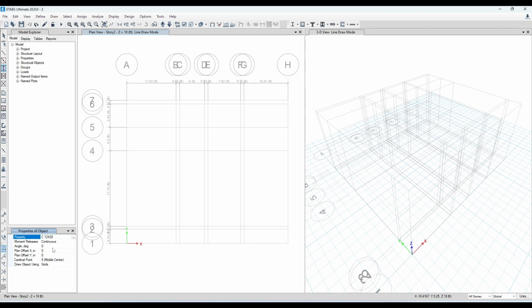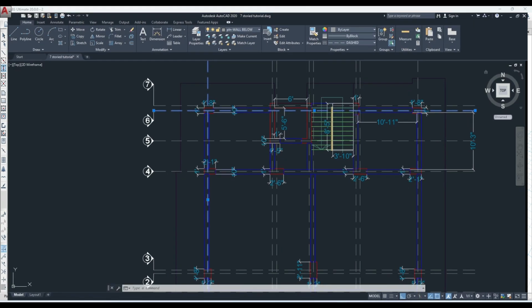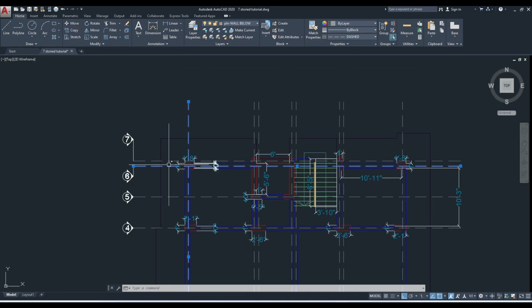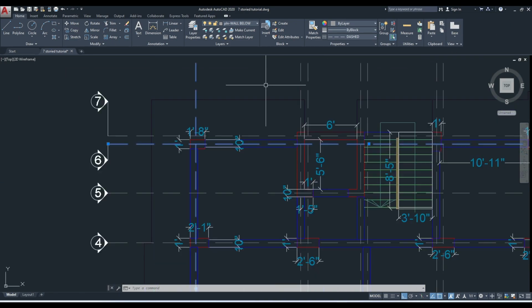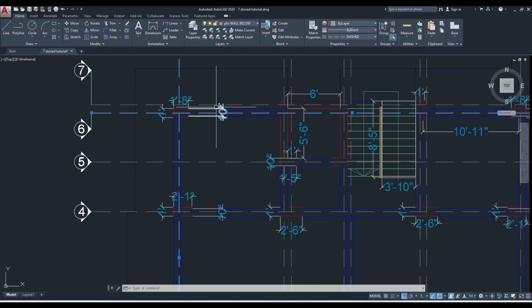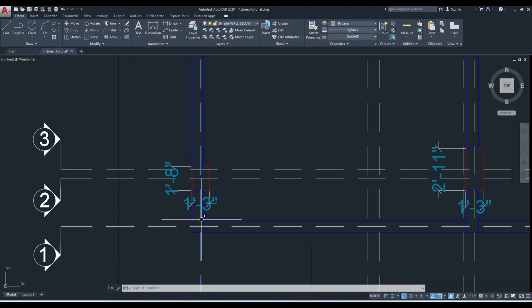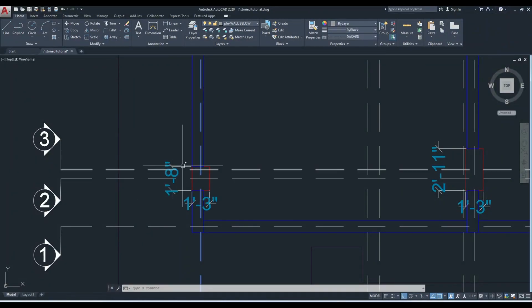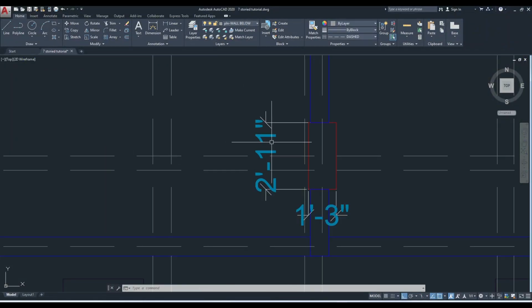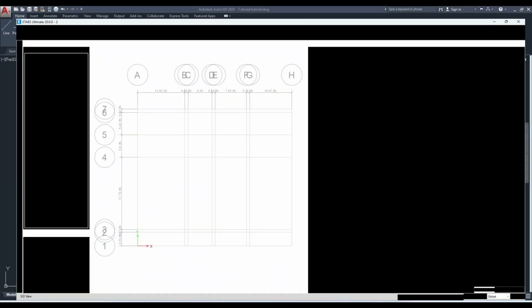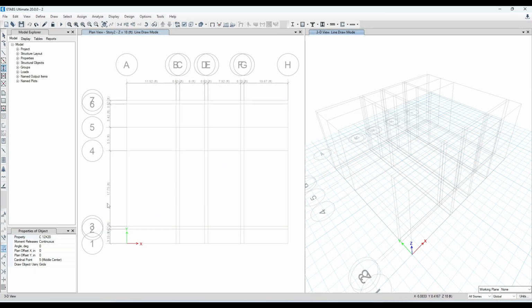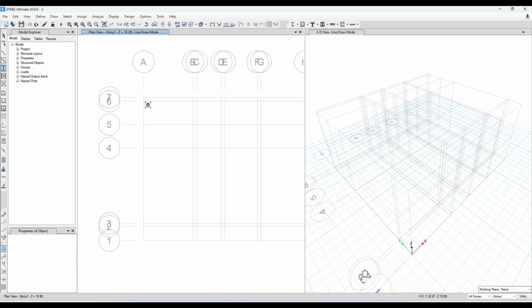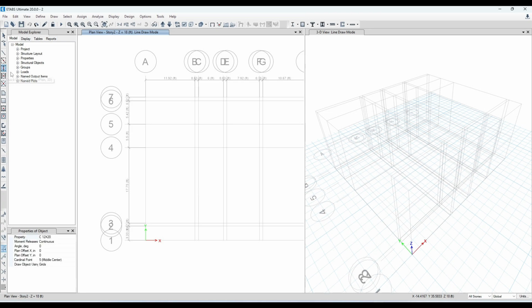Here angle of degree equals 0 because for this column longest span, which is 20 inches, is parallel to x direction. Okay, when your longest side or thickness is parallel to y direction, in that case you have to provide angle of degree as 90. That means for this column or this column you have to provide angle of degree 90 here. But for this one we can go with angle of degree equals 0 and grid point is A6. Okay, you can see this one.